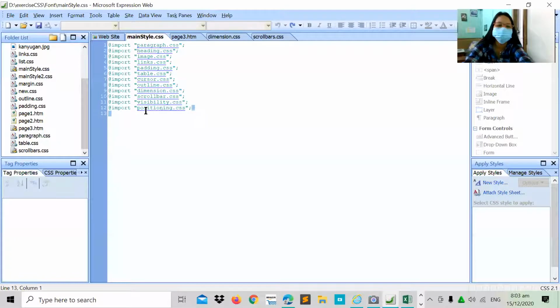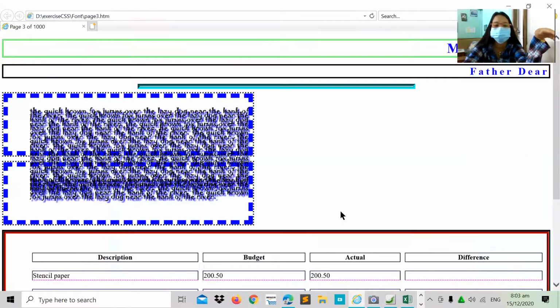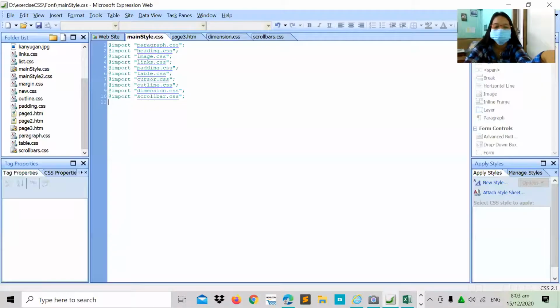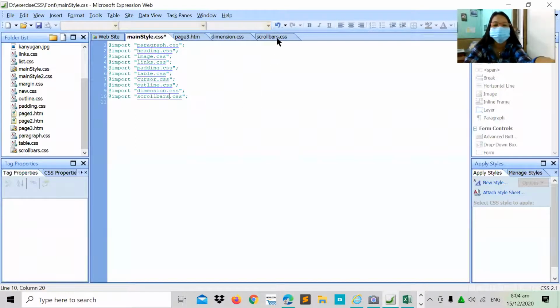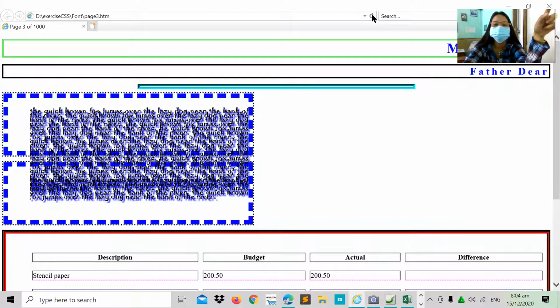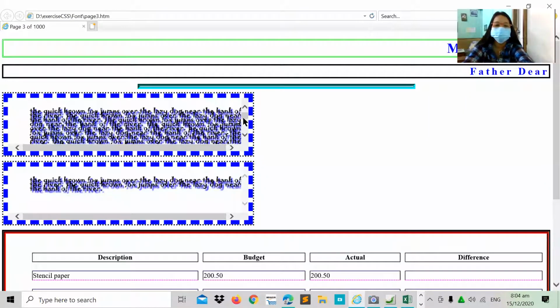Here, I added an import. Okay, save this file, and we'll check the result. Wait, a letter S is missing. So, there it is, scrollbars.css. The spelling is correct. Check it. So, as a result,